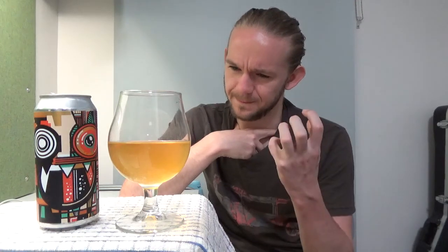And it's surprising as well that they don't use a little bit of Centennial for this, because Centennial can give you some really nice lemony citrus qualities in my experience as well. But as I say, the malt base has a nice kind of light bready, biscuity quality to it. There's a nice little bit of acidified malt coming out of it as well,